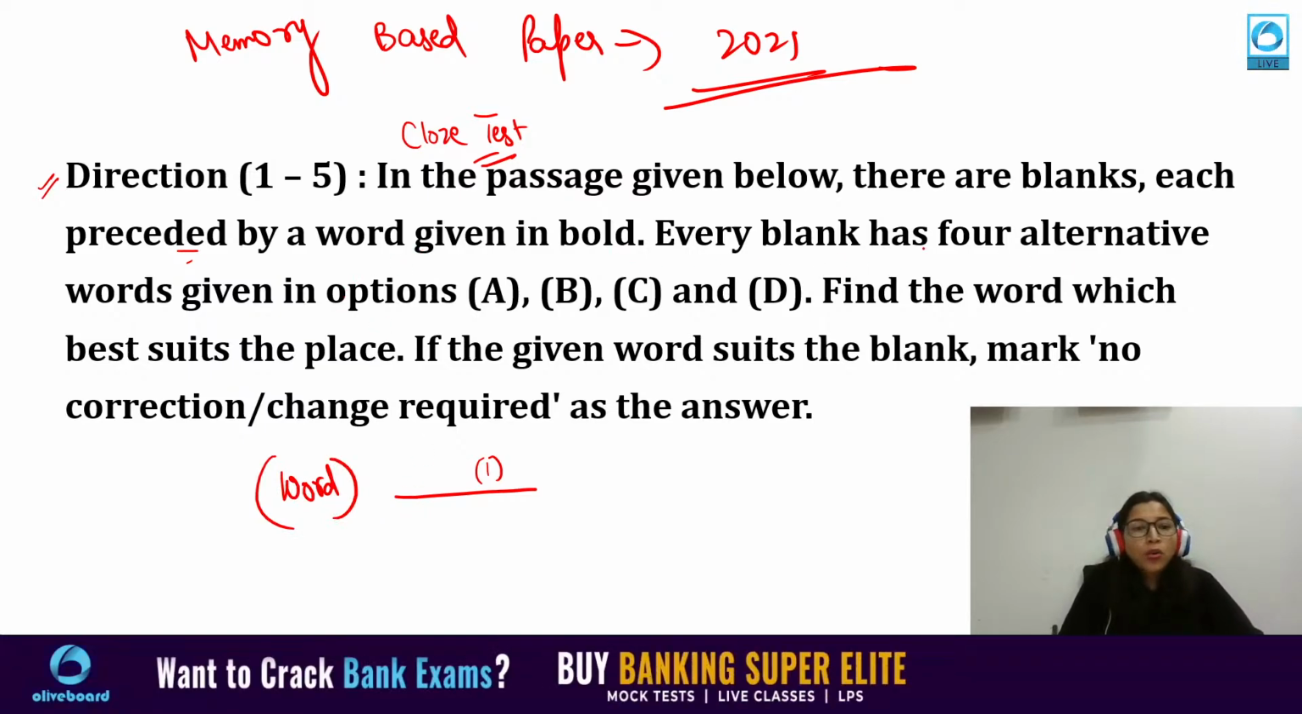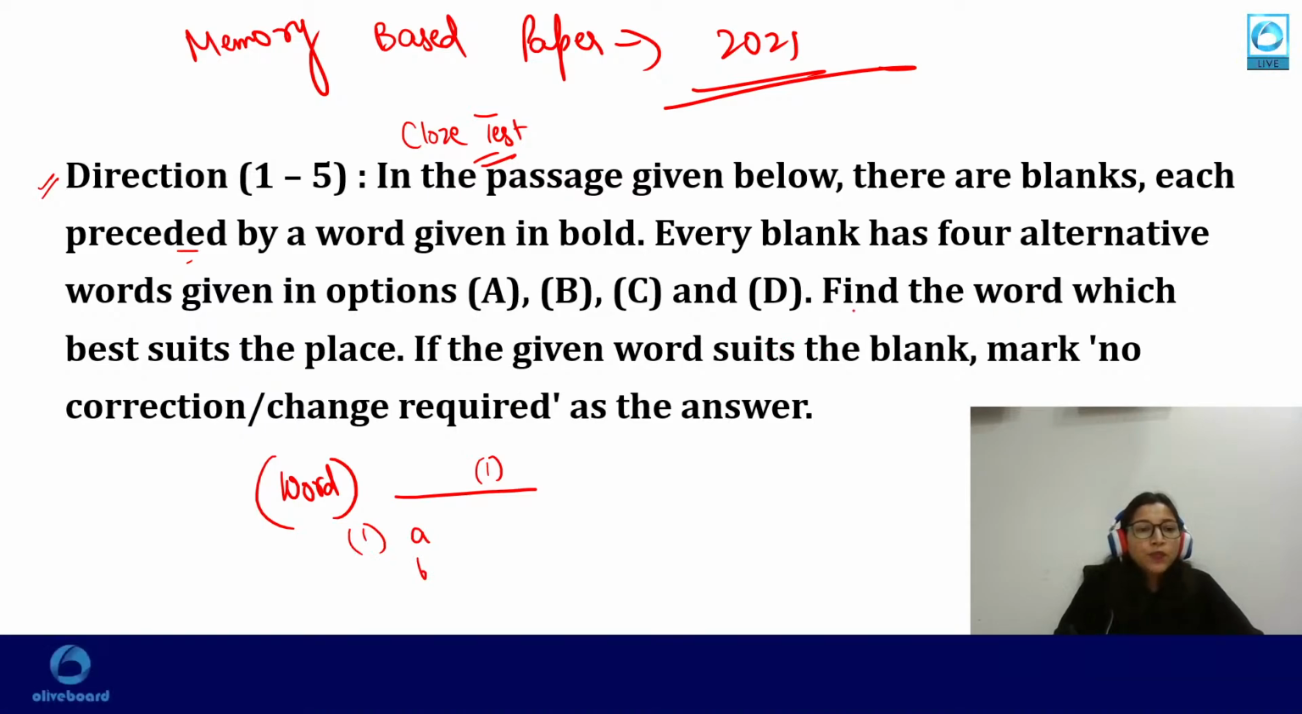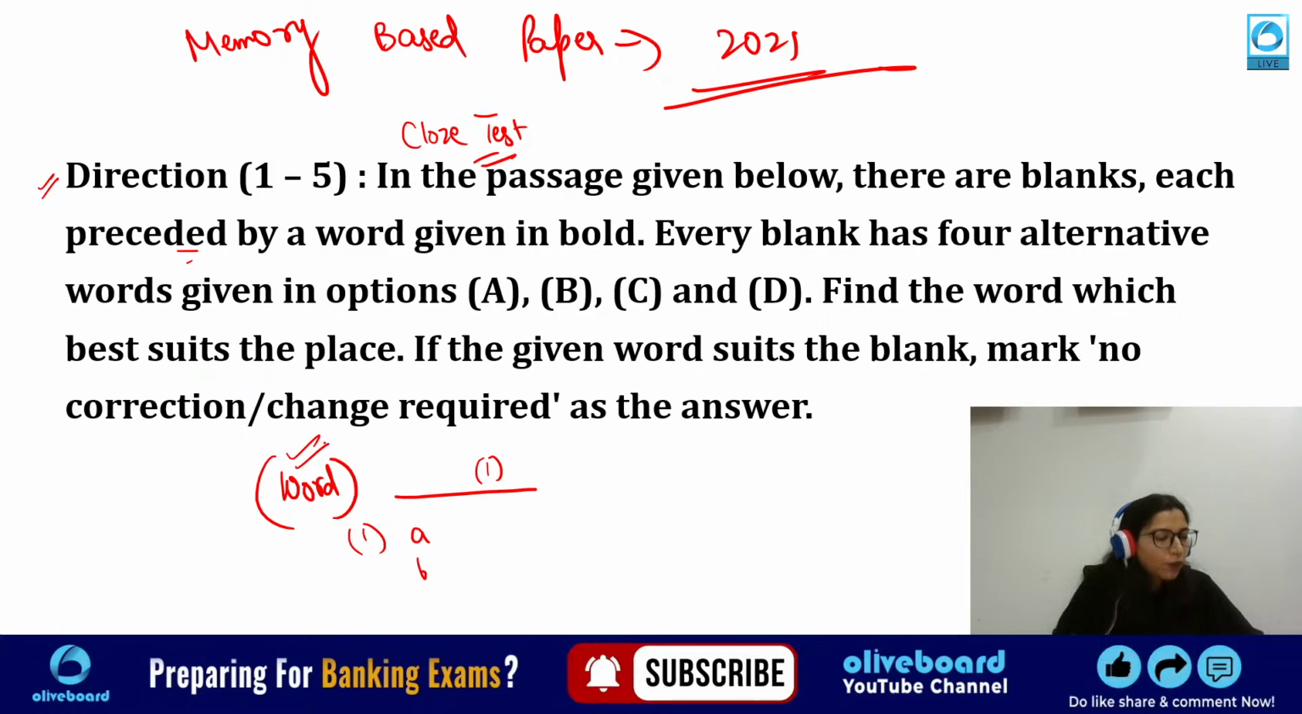Every blank has 4 alternative words. Each blank has 4 options, A, B, C, D. Find the word which best suits the place. Like a word is already suggested, but apart from this word,